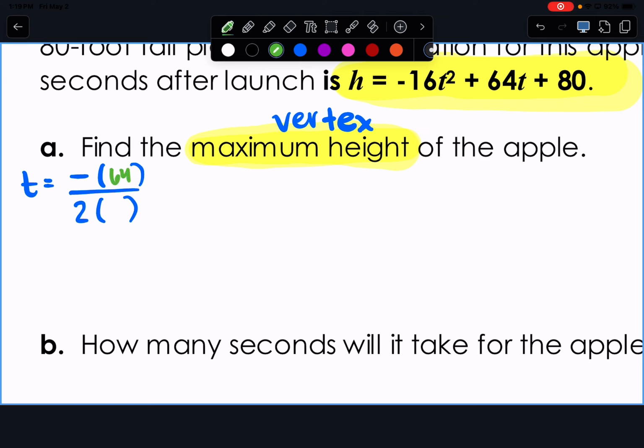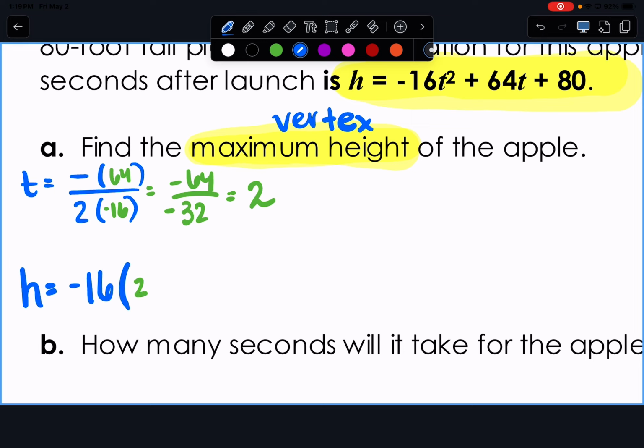What is our A? Negative 16. So we get negative 64 divided by negative 32. So it's like 2. It is 2. Then we take that 2 and we plug it back into that equation. So we're going to get H is equal to negative 16 times 2 squared plus 64 times 2